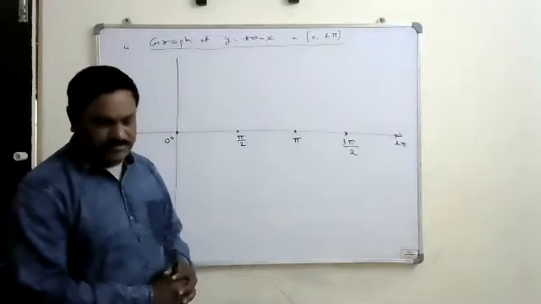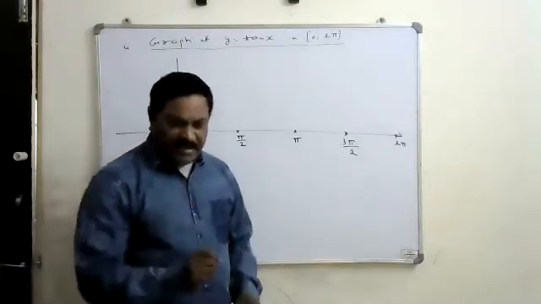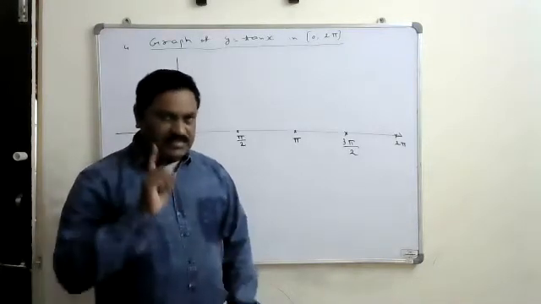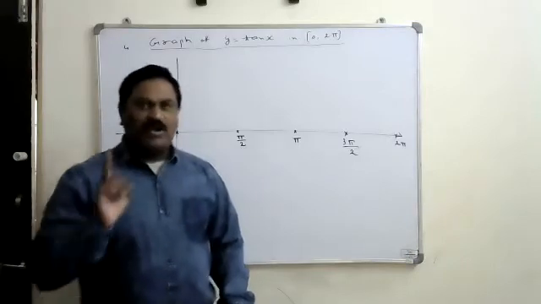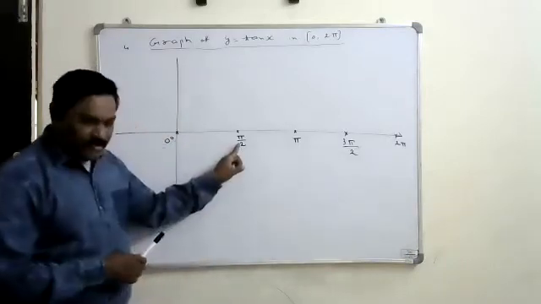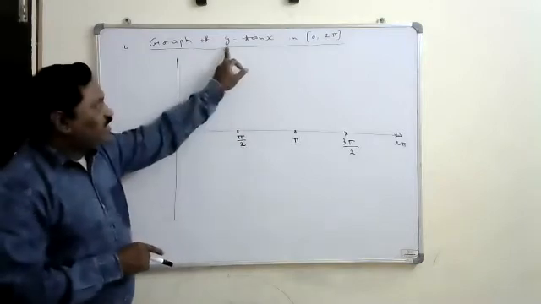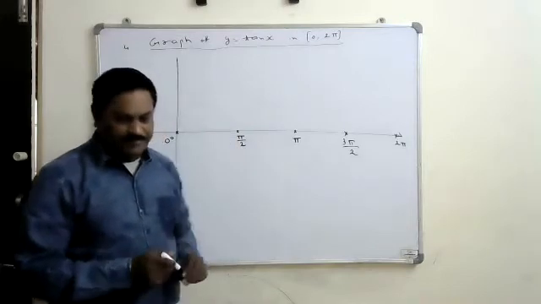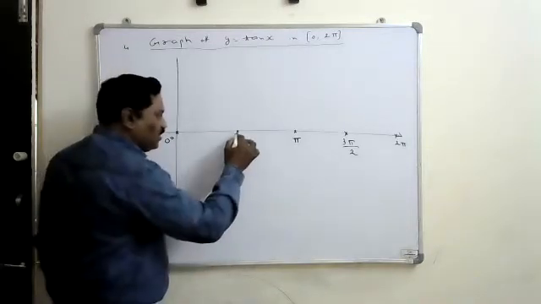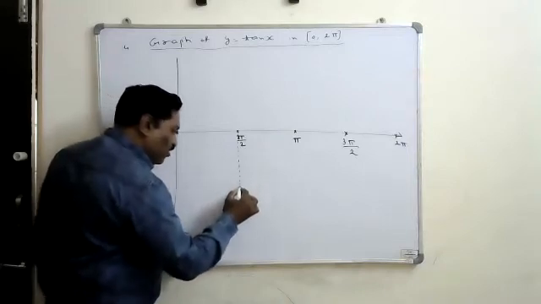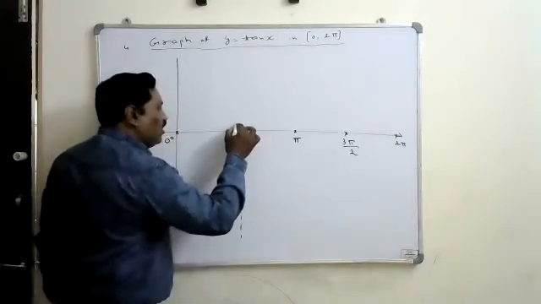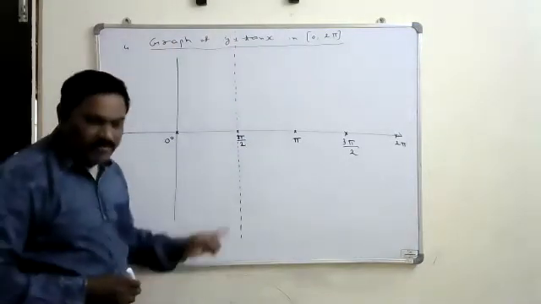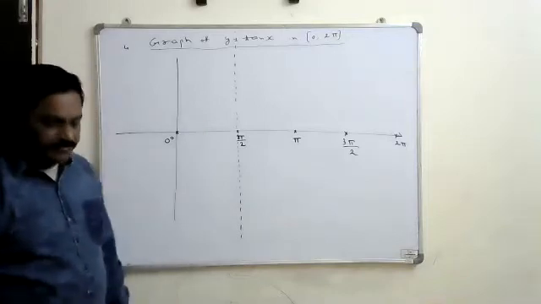That's why what we will do is, we know that tan x will give infinity when x equals pi by 2. When x is 90 degrees, tan 90 is not defined. When x is pi by 2, y is not defined. But how do you represent that not defined line? To represent that, at this pi by 2, draw a dotted vertical line. We'll call it the not defined line.